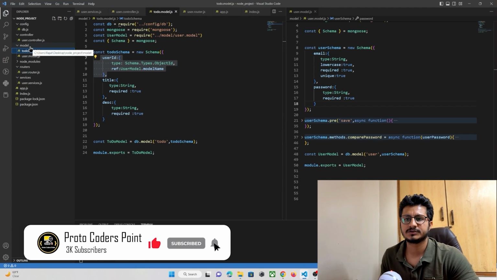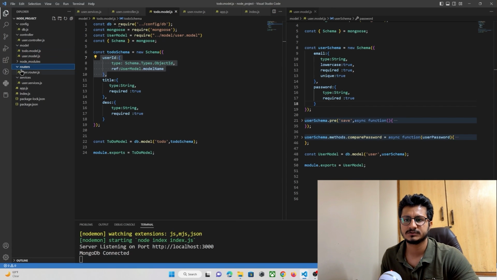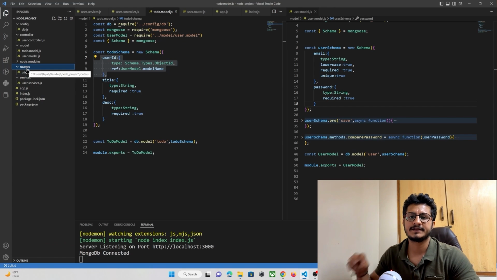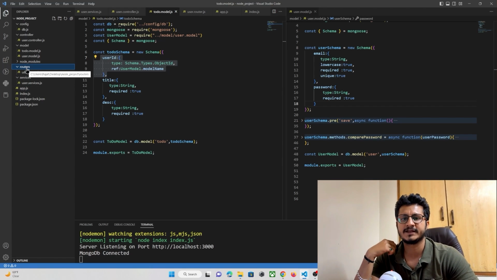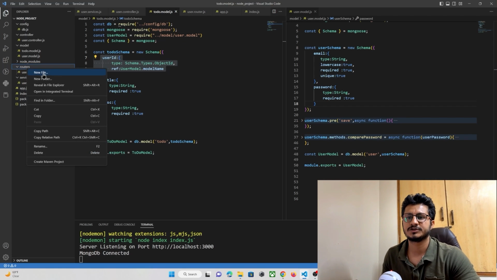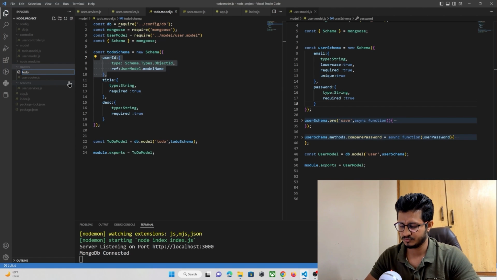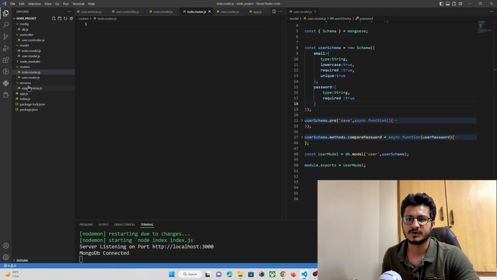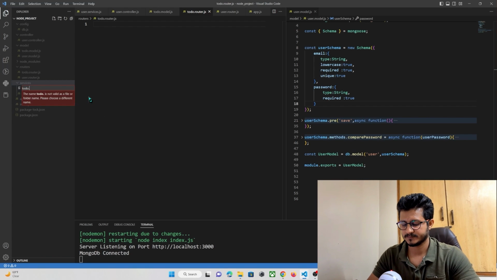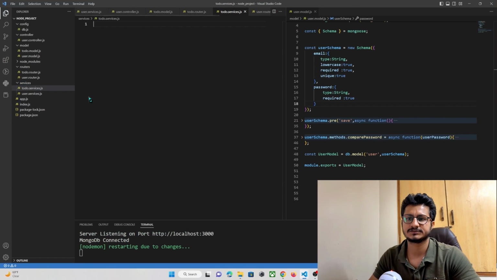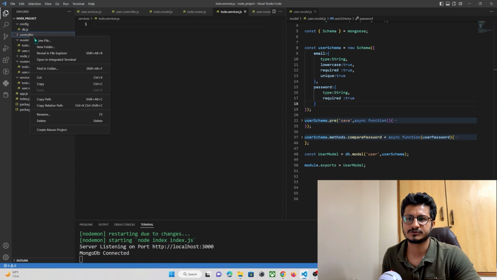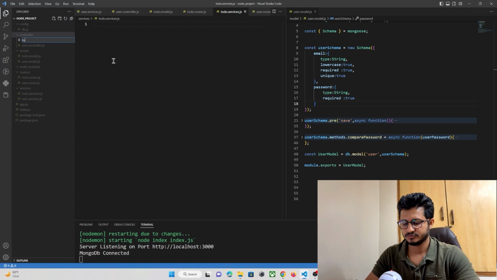Okay, so for that, here in route we need to create a todo route. I'm just keeping everything separate because it is easy and it is a good practice to develop any Node.js project. So here in route, todo route.js. Likewise in the service, we will create one more file, that is todo services.js, and in controller also we will create todo